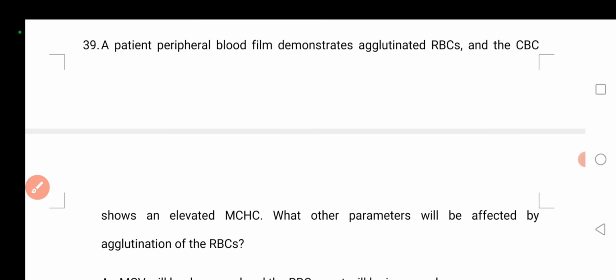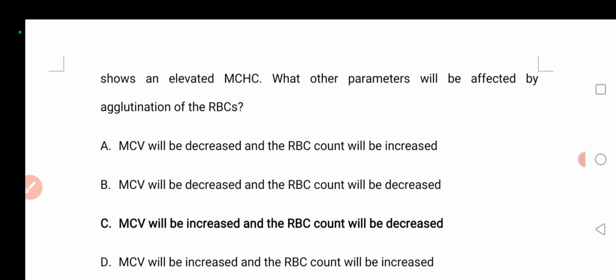Number 39 says the patient's peripheral blood film demonstrates agglutinated RBCs, and the CBC shows an elevated MCHC, or mean cell hemoglobin concentration. What other parameters will be affected by agglutination of the RBCs? So when there is agglutination of RBCs, what happens? They will clump together. A says MCV will be decreased. No, because MCV measures the mean volume of the cells, so it does not cause a decrease in the